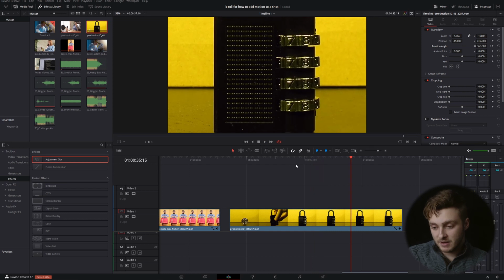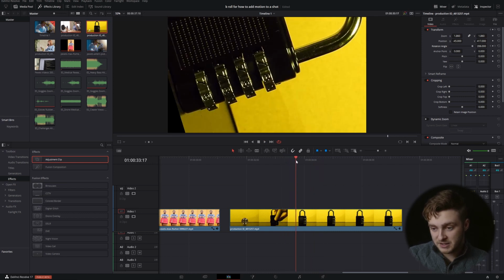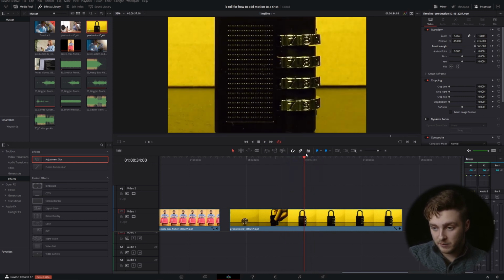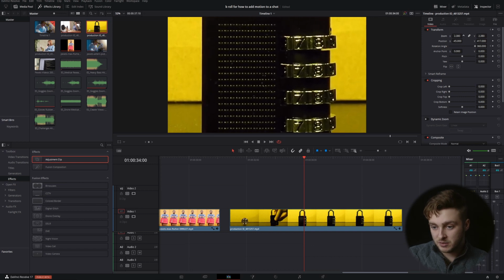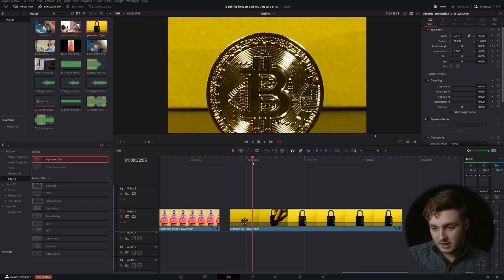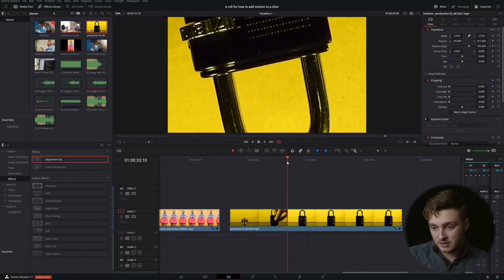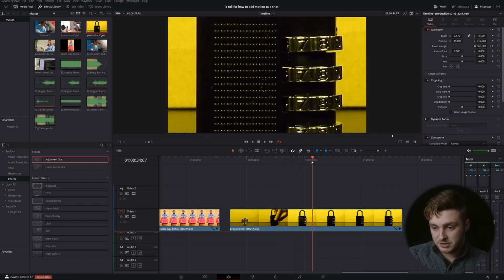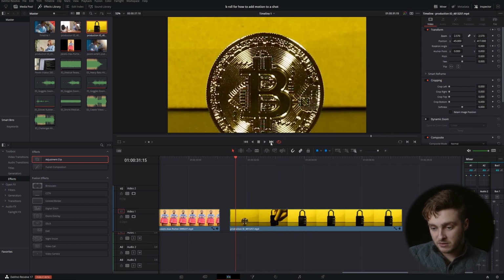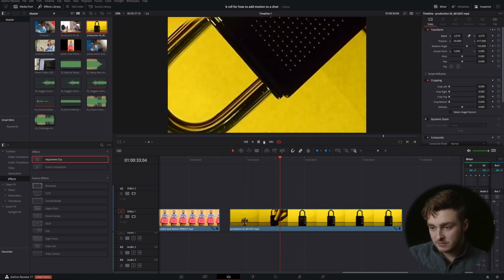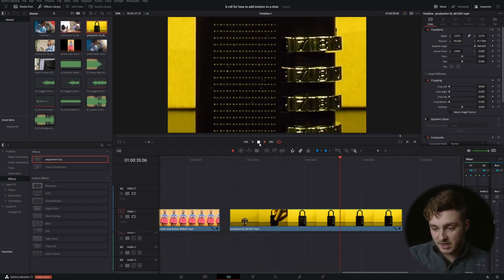You can see there that we actually lost some of it. That's because we're so close to the bottom of the screen here. If we zoom in a bit more and then go back, now if we watch it, we should eliminate that black portion. Yeah. So we have our Bitcoin, get to right here, it spins, and then it stops with the